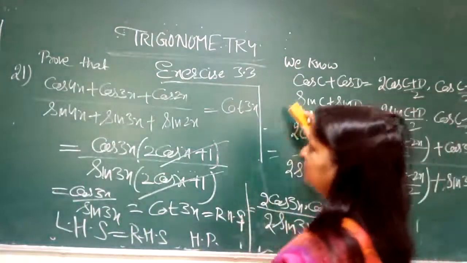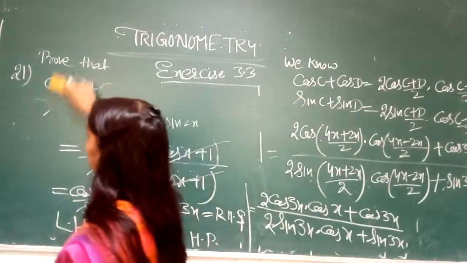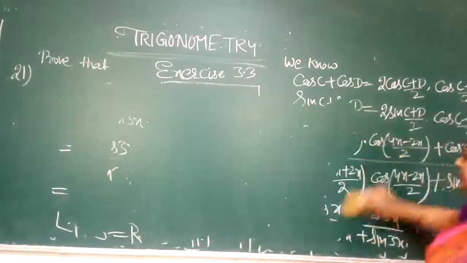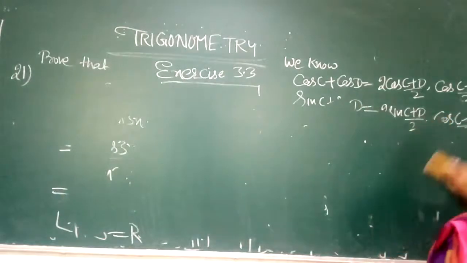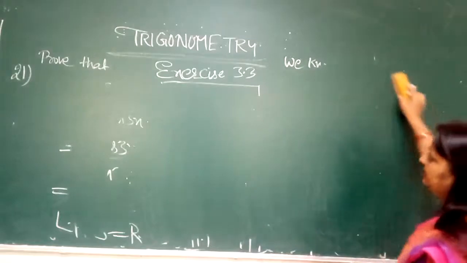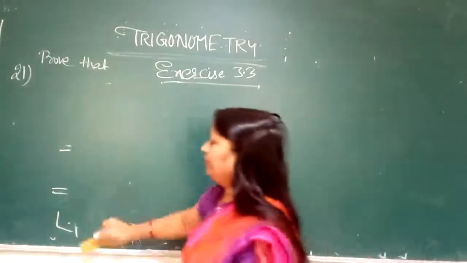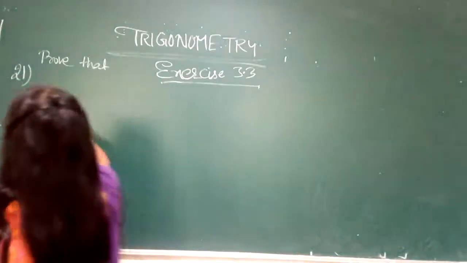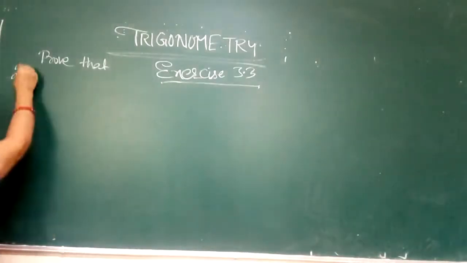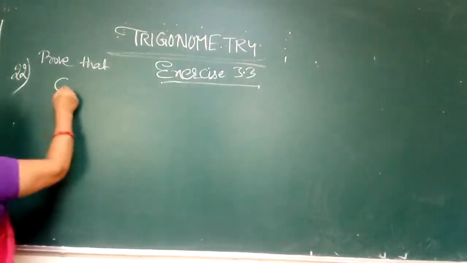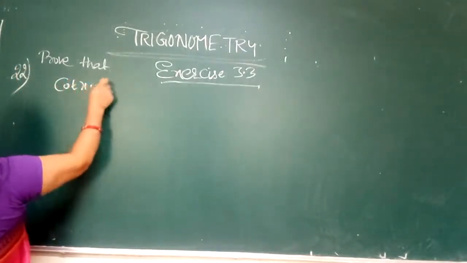Now after that students, we will solve question number 22. So open your book and see question number 22. What is question number 22? Question number 22 is in the form of cot. That is, prove that cot x into cot 2x